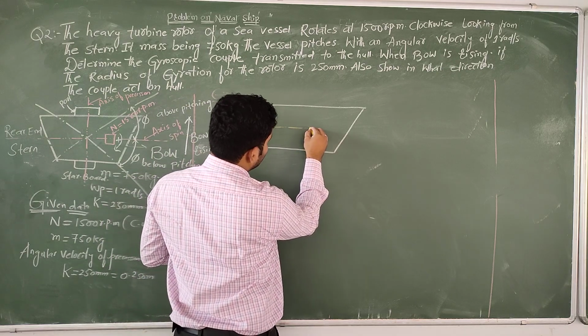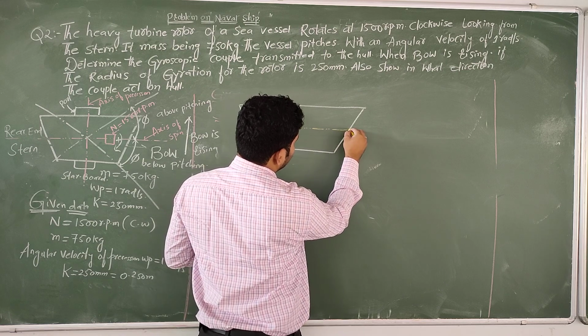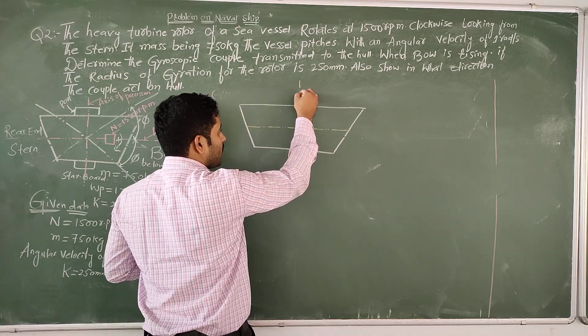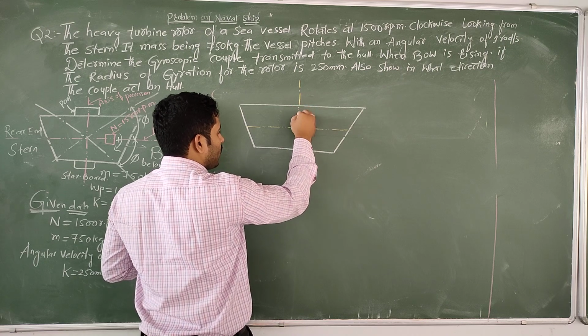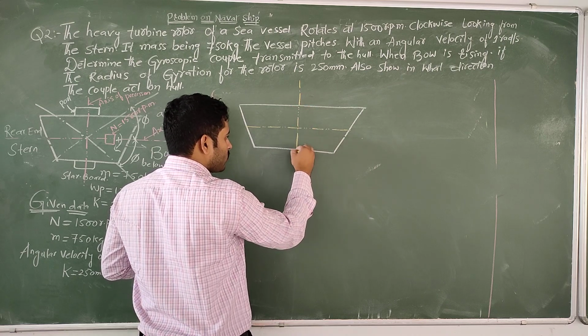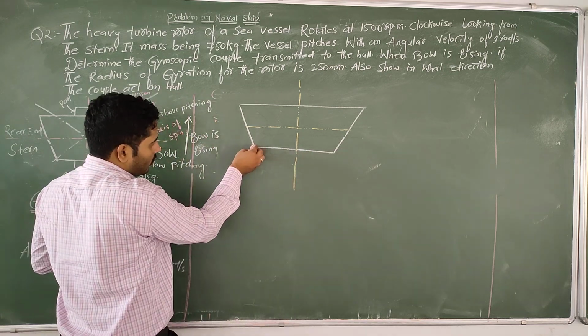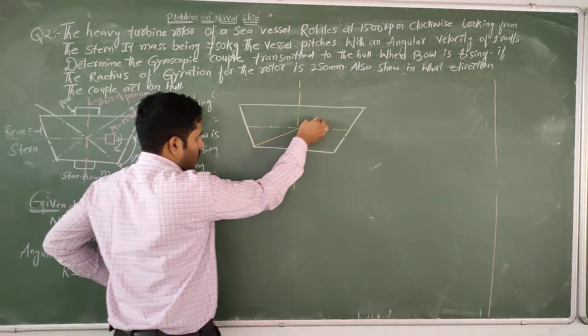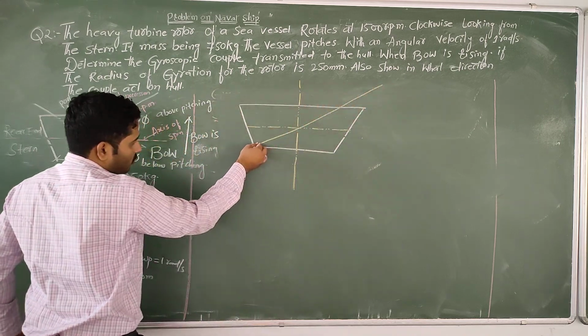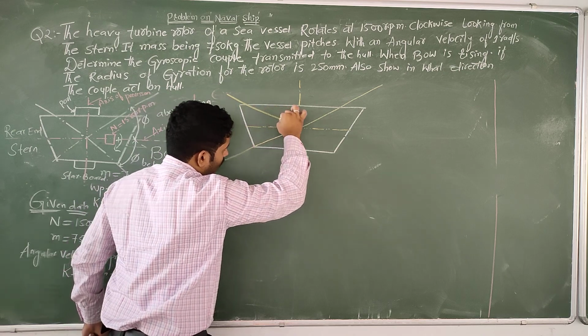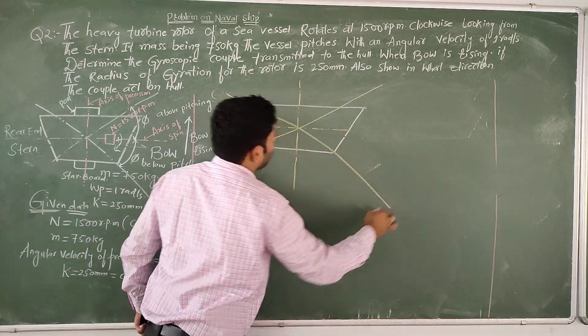You know very well this axis, what can we say? Axis of spin. And this vertical axis we can say as axis of precession. Okay, and this one is the pitching effect on the ship. Okay, here